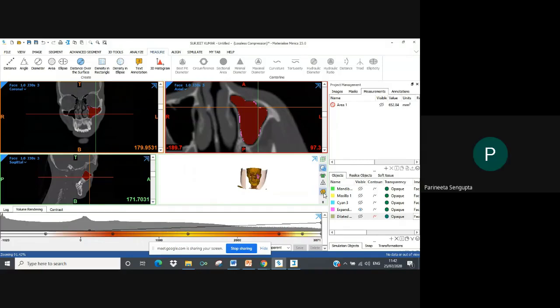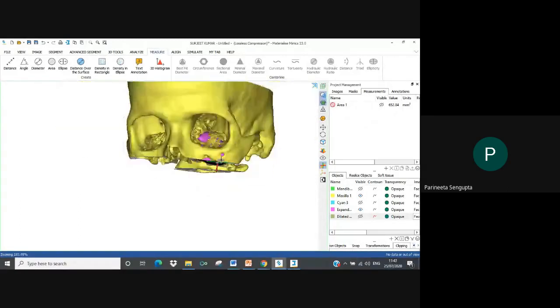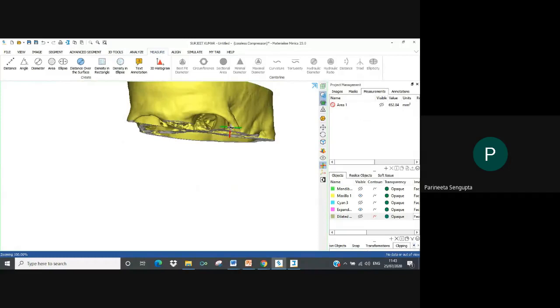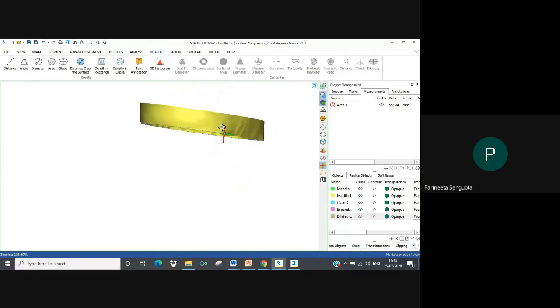Where is this volume rendering option? Yes, ma'am. If you go to your 3D and maximize your 3D window, you will have multiple options. First is your transparency option. Then you have your clipping option, wherein you can clip the file. These are shortcuts only. So wherever my cursor was at that moment, it has clipped those regions. If I'm moving my cursor upwards, it's clipping. So you can take sectional views like this. That's how clipping works.